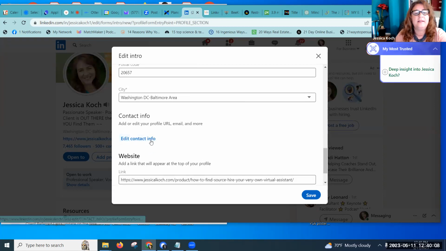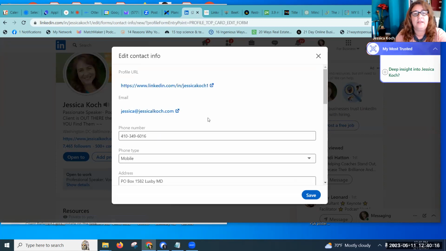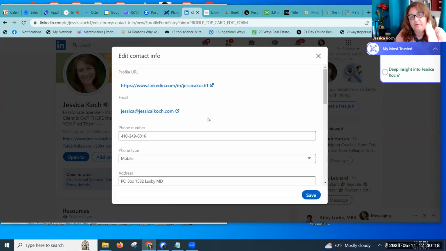So that is in this button. So inside here is how you edit the contact information form. You're going to click that button. See what it says? It's a form inside a form. So we clicked the pencil and then we had to click something else inside there in order to get to